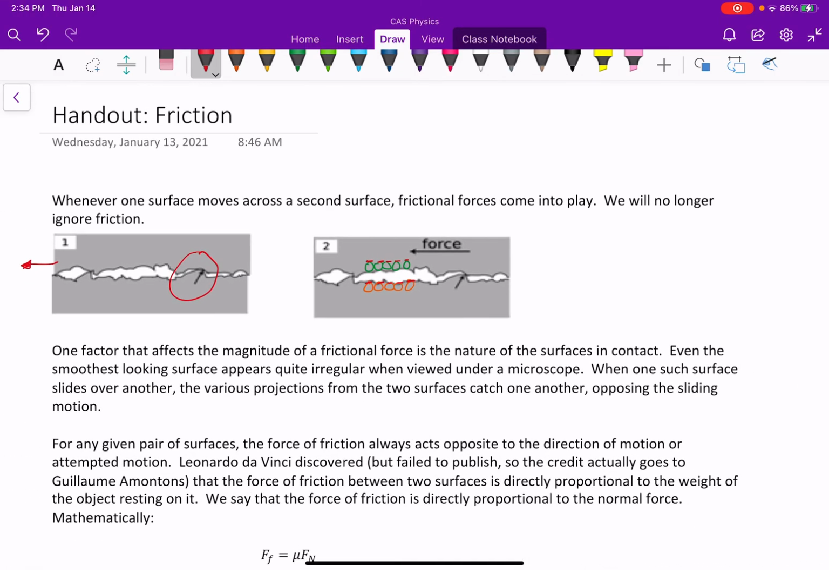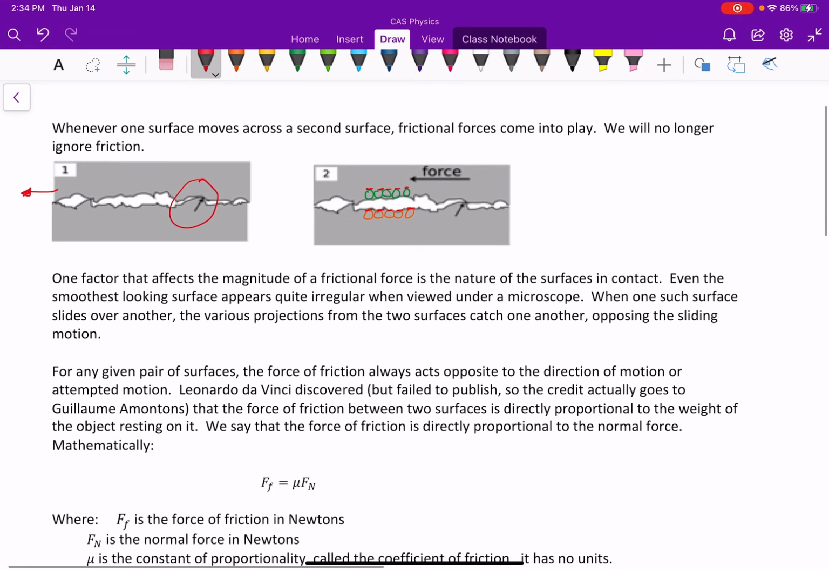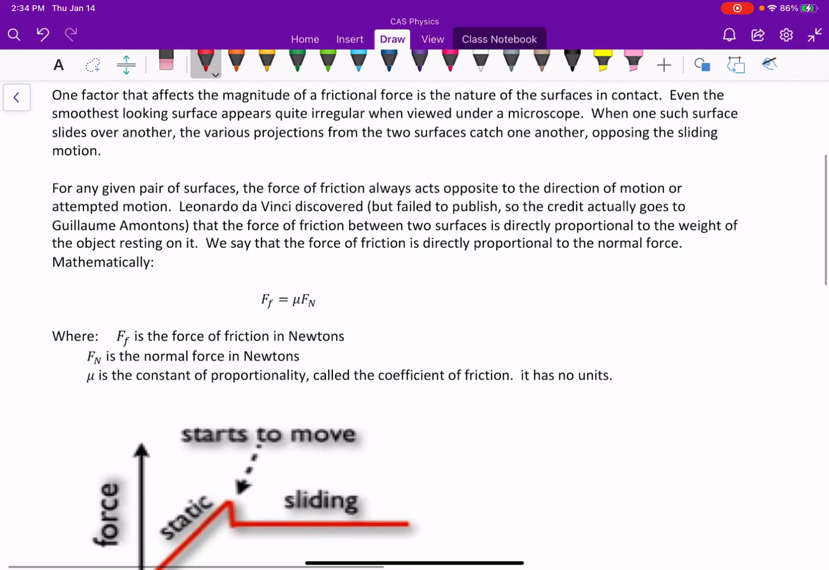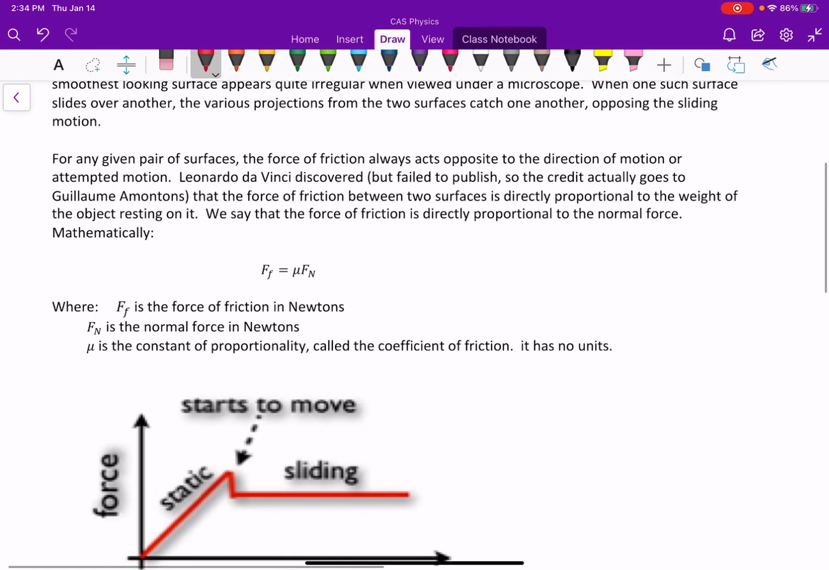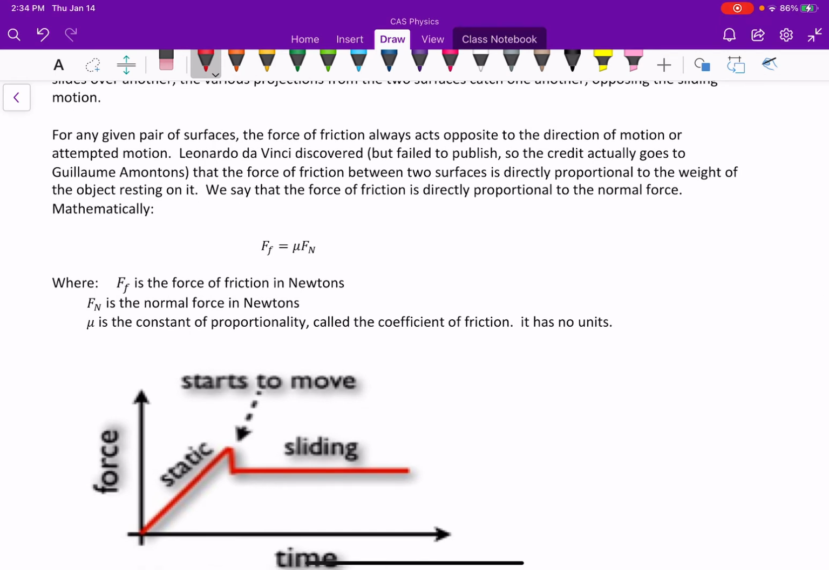So you've got two factors here. You've got this stickiness when they're at rest relative to each other, and you've got this idea that they're imperfect surfaces, so they bump and move across each other and cause a loss of energy and resist the motion. So the big takeaway is that the two factors that affect the friction on an object are